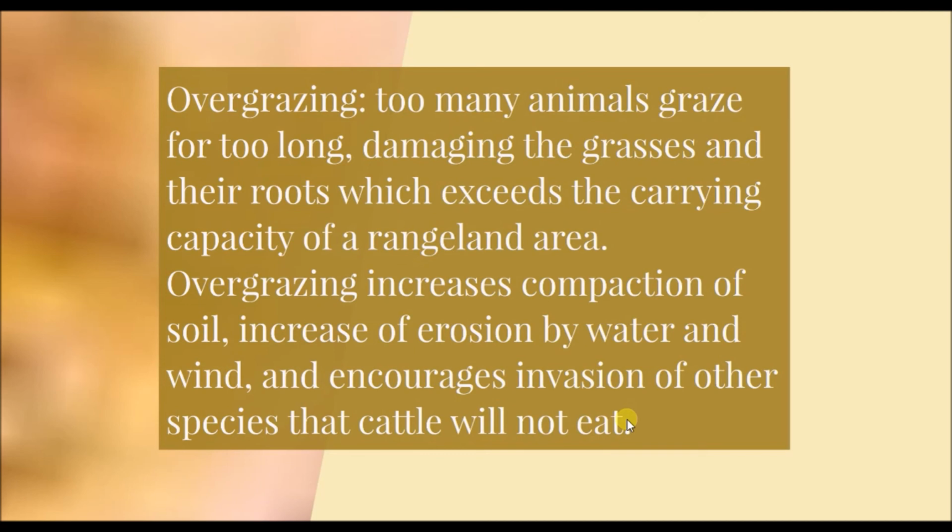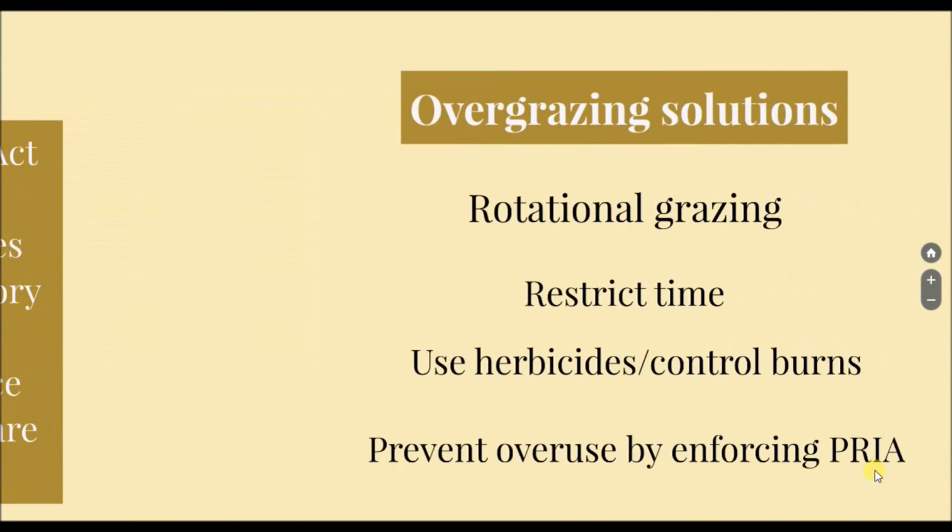And a lot of times it's not just overgrazing or overeating the grasses, but if you're in an area, you can trample the grasses, you can pack the soil, so it's harder for oxygen in there, it's harder for water to seep in through the soils, and so we can create a harder area for plants to be able to regrow. When the plants are dead, again, we also have that increase in erosion by water and wind. And it also encourages invasives to be able to grow in the area. And a lot of times they're invasive species that the cattle won't eat. So the cows eat the grass down, and then the invasives spread more because there's more space, there's more sunlight, there's more access to resources.